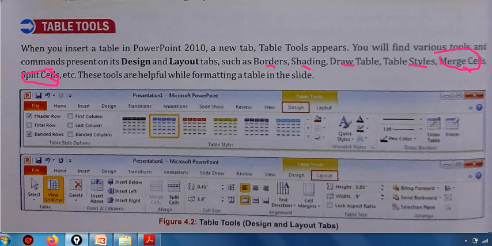Getting? So shading, you know what is shading of a table, and borders of a table, all these tools for editing this, you will get it in design and layout tabs, that is under this table tools, right? Here, as you can see, table tools.